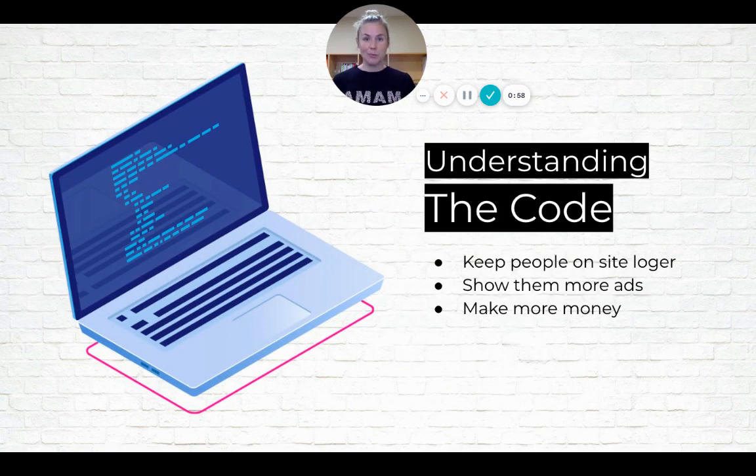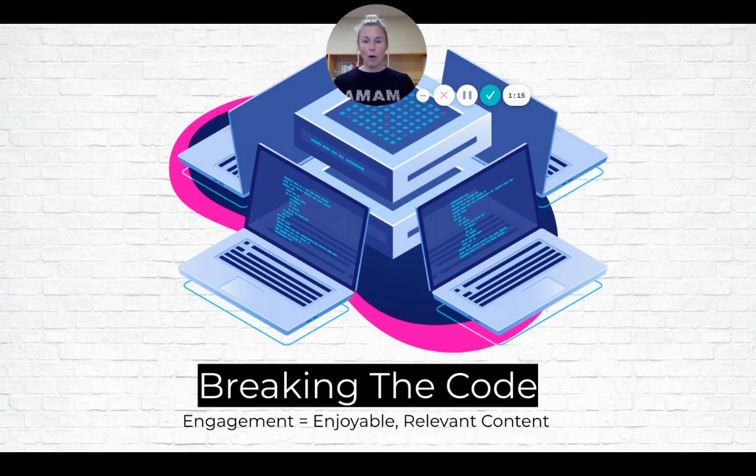First of all, what is the Facebook algorithm? It's basically pretty simple, and it hasn't changed much over the life cycle of Facebook. It's: let's keep people on the site longer so we can show them more ads, so we can make more money from advertisers. It's pretty simple. Now, once you understand that, what does that mean for you? How is Facebook deciding what content to show people? Well, they're using engagement, because when somebody's engaging with content on their site, they know that it's enjoyable, it's relevant to them, and it's going to get them to stay on the site longer so they can show them more ads so that they can make more money from advertisers.